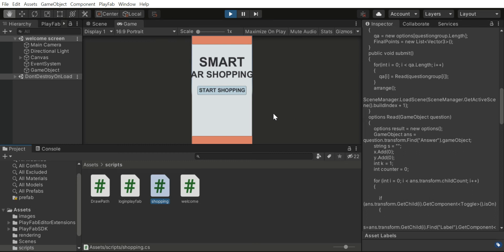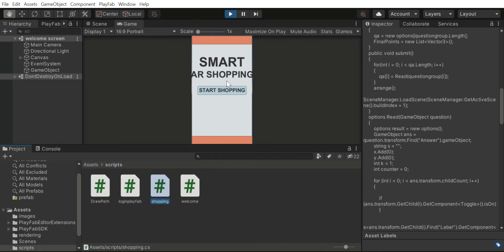Hello everyone, this is our project Smart AR Shopping, which deals with the problem of finding the shortest possible path in a big supermarket, passing through all the stores where the user has to buy something. Our whole project is designed on the Unity Development Platform, and this is the first welcome scene that will appear in front of the user as he opens it at the entry gate of the supermarket, or we can say at the origin of the supermarket.